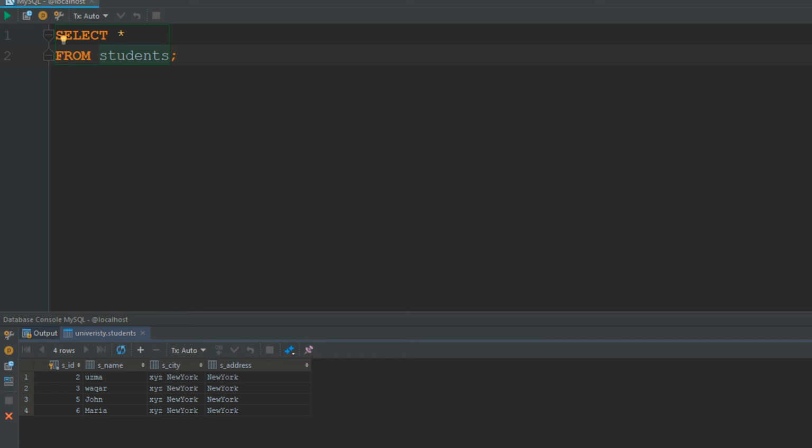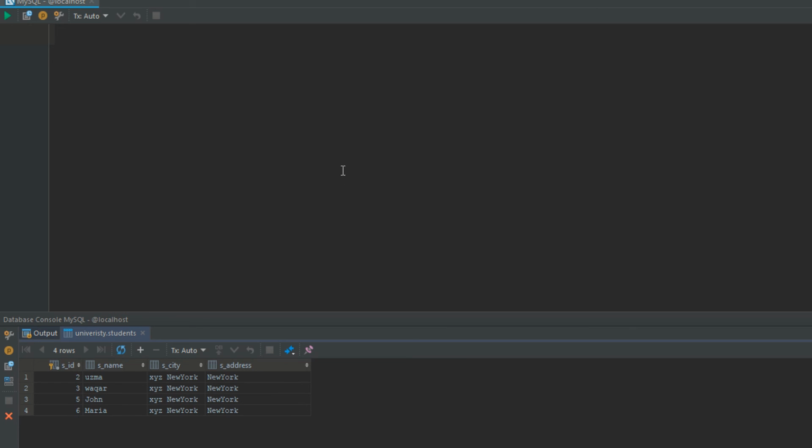So before deleting anything or before updating anything, you have to specify which record you are going to update or delete. That's why while deleting anything from the table, you have to use the unique column or the unique field or the unique number. For suppose these are auto generated numbers because we use auto increment. So whenever you insert a record, it automatically increments by 1. That's why it's showing us 2, 3, 4, 5, 6, 7.